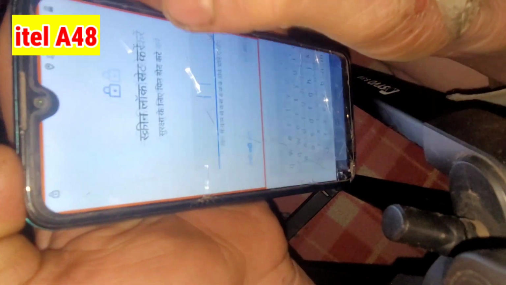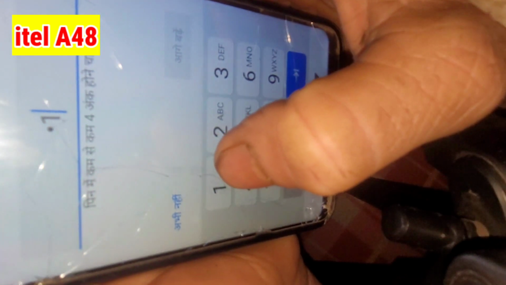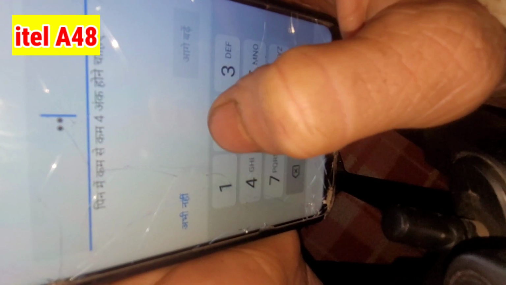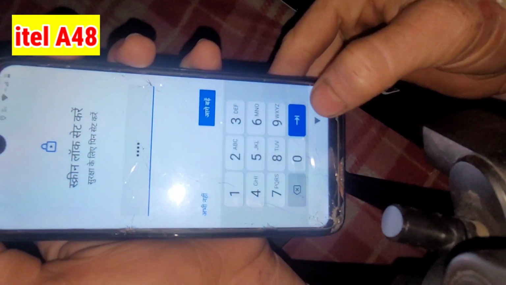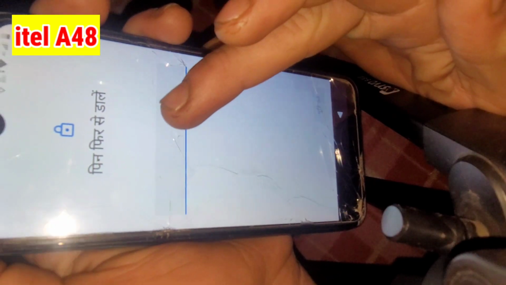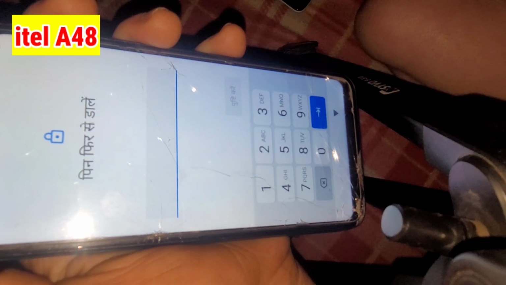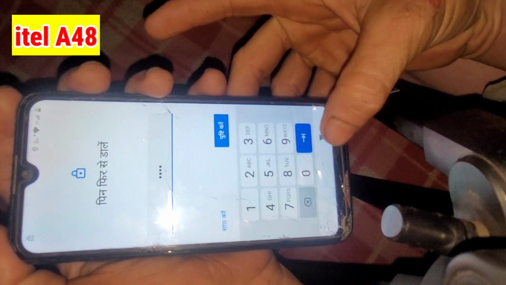I am setting the PIN. I am setting an easy PIN. You can set another PIN. I have set the PIN. Set the new password and click on done. Set the easy PIN and click on done.